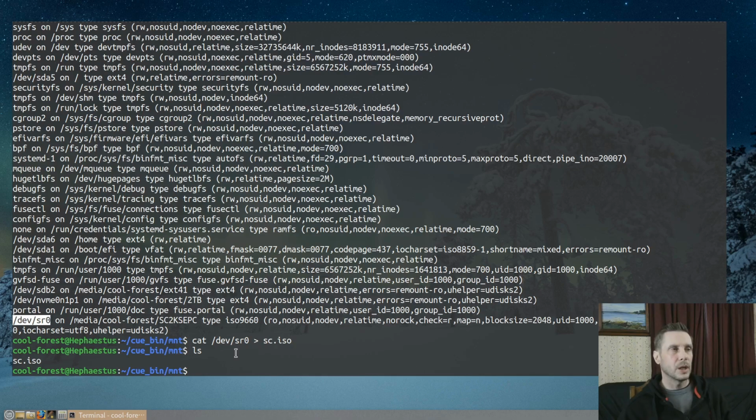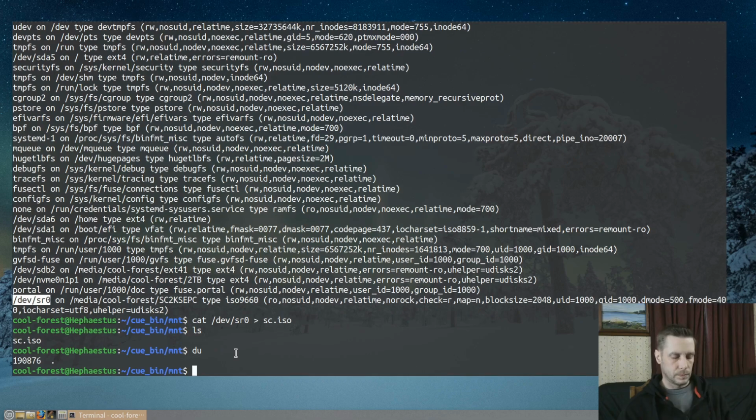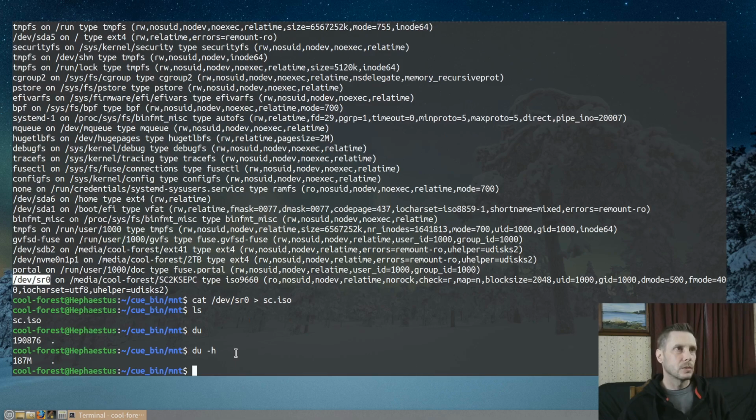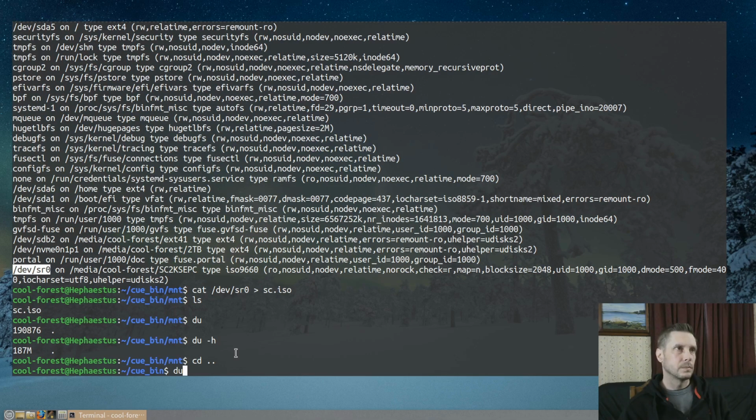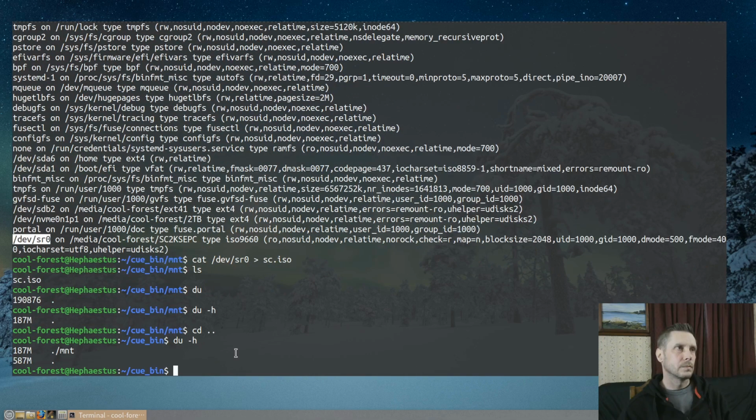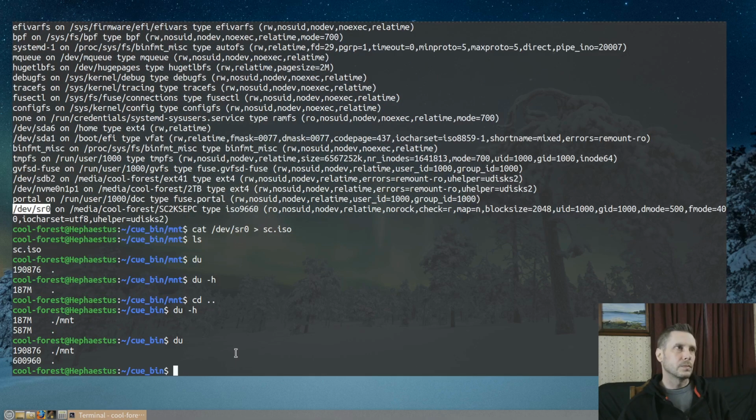And if you want to compare to the other file, we can use our disk usage, and if we go back a directory, you can see that the file is the exact same size.